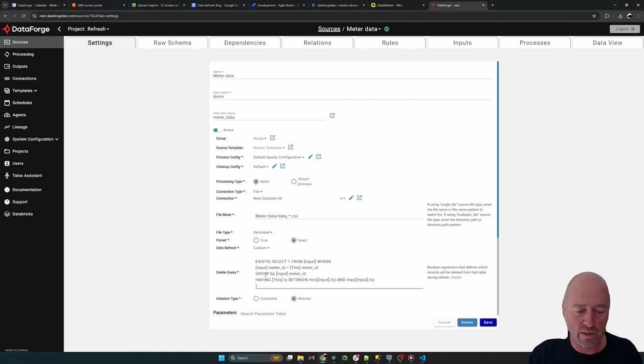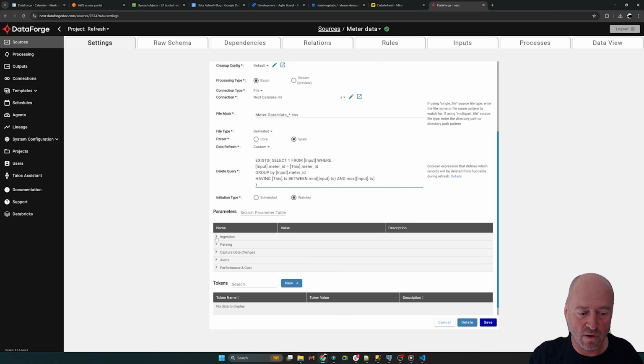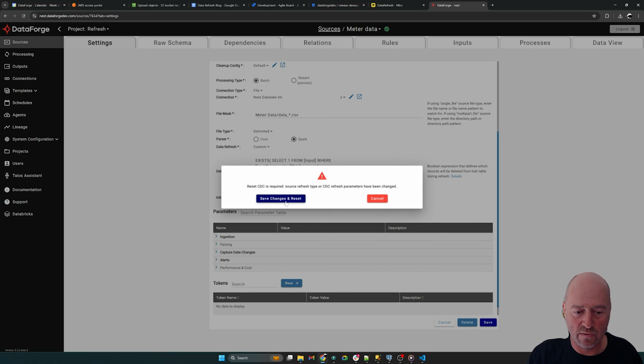And again, the pattern is we delete data first from the hub table, and then we append the current batch, which optionally you can also filter. I'll show this a little bit later. Okay, so I'm going to save this and kick off